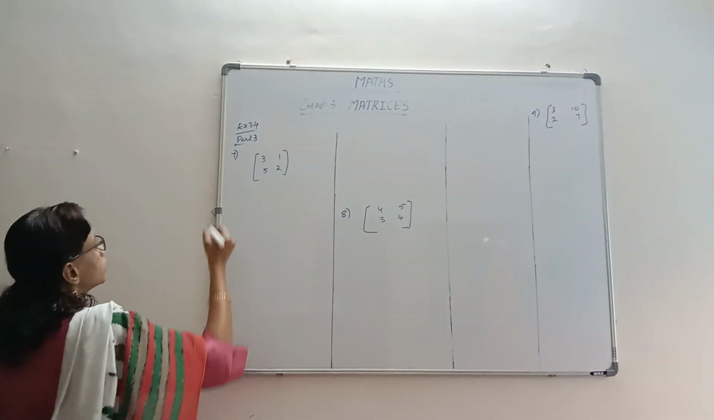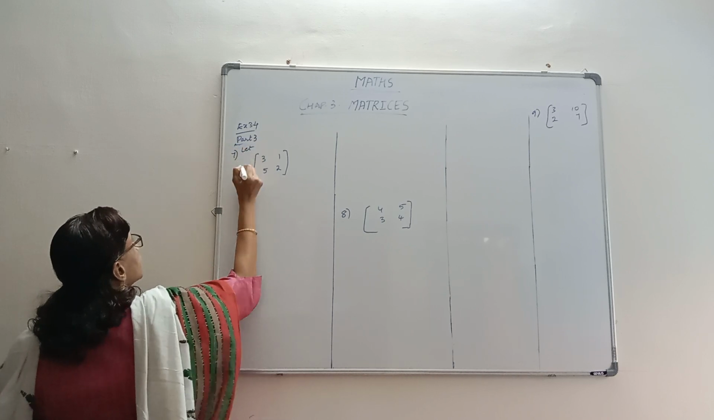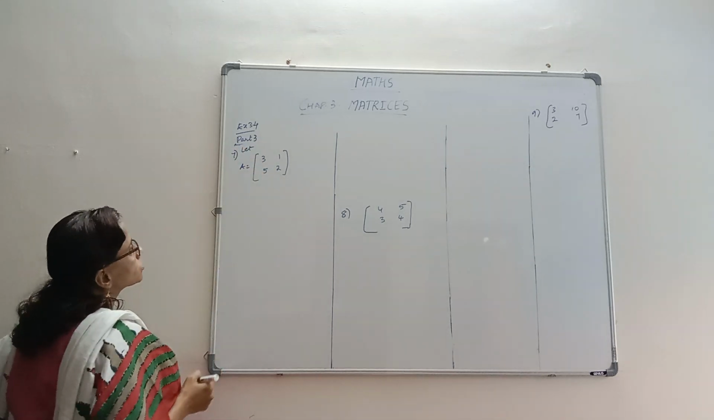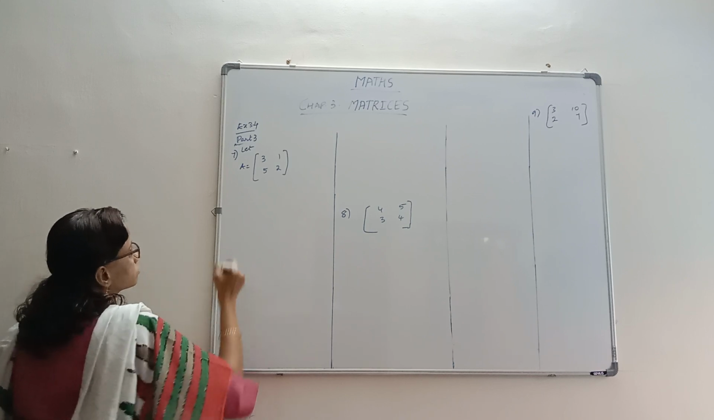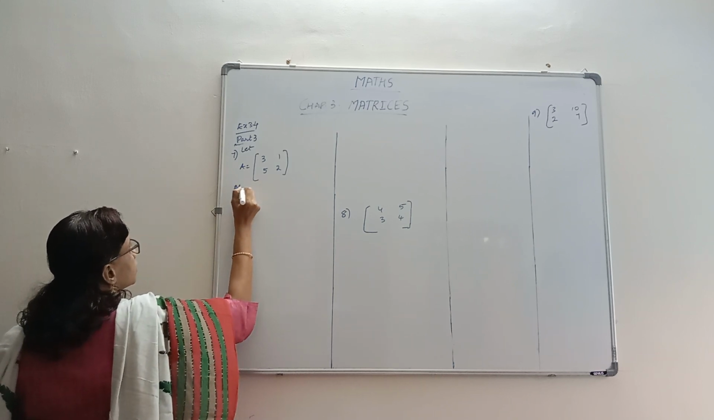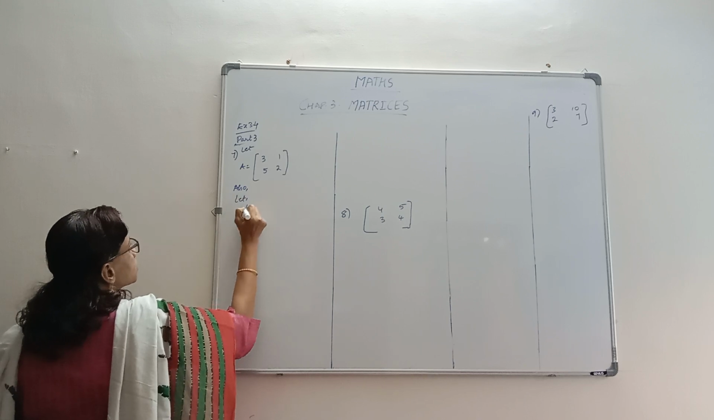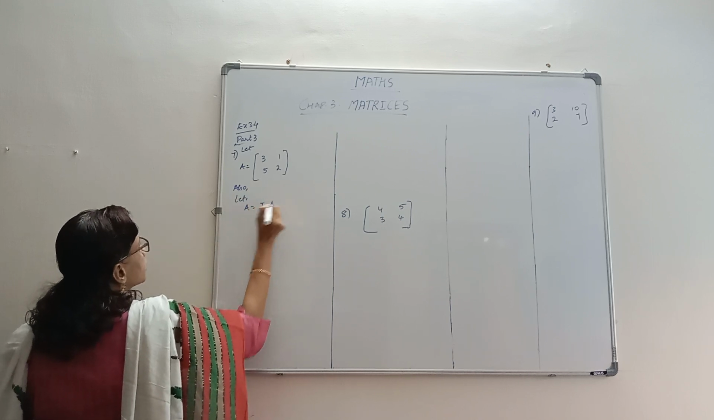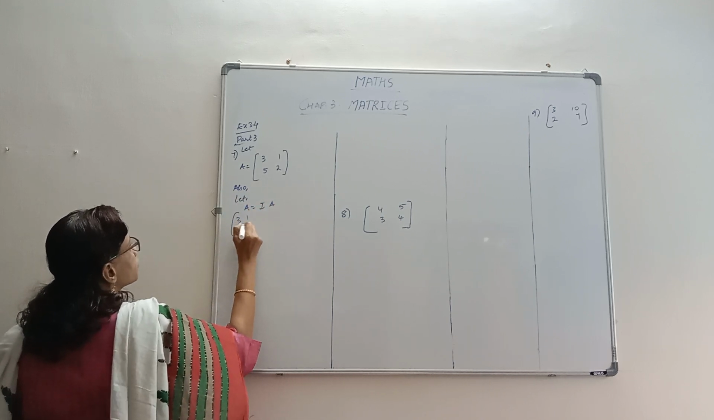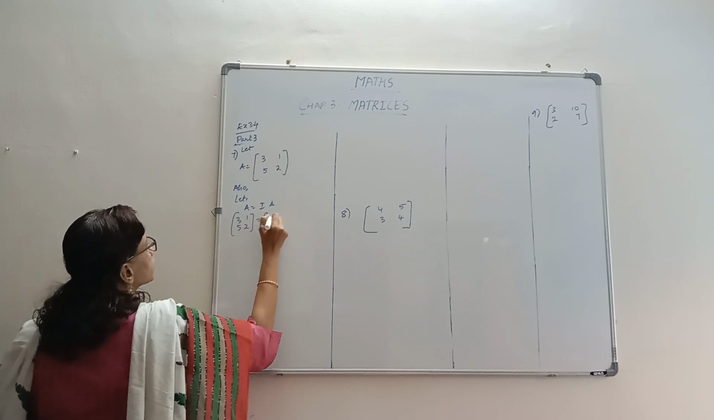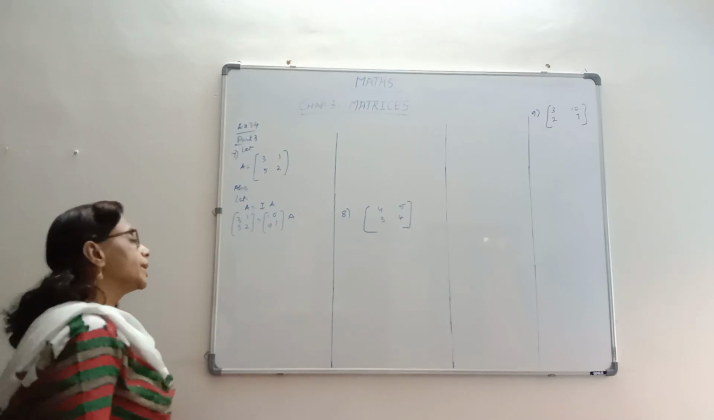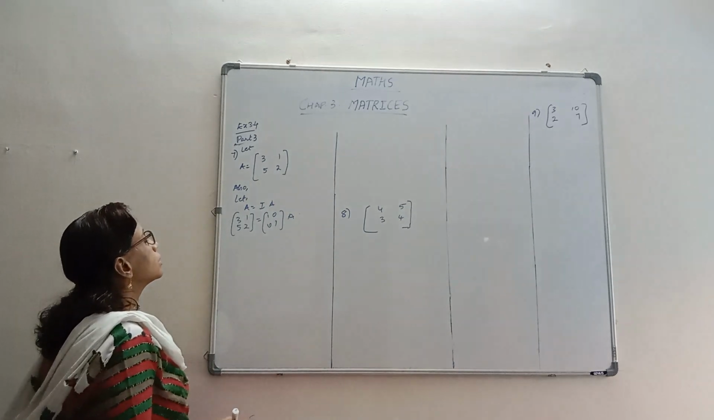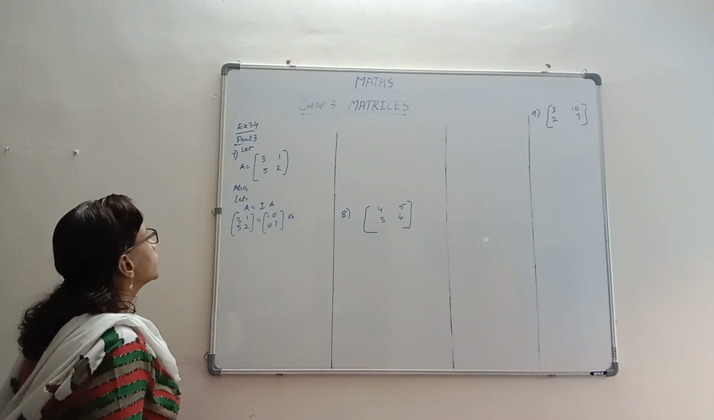Let's count this as A. Let A be this matrix, so we can have maybe the famous equation A equal to IA, where A is 3 1 5 2 and now we could have